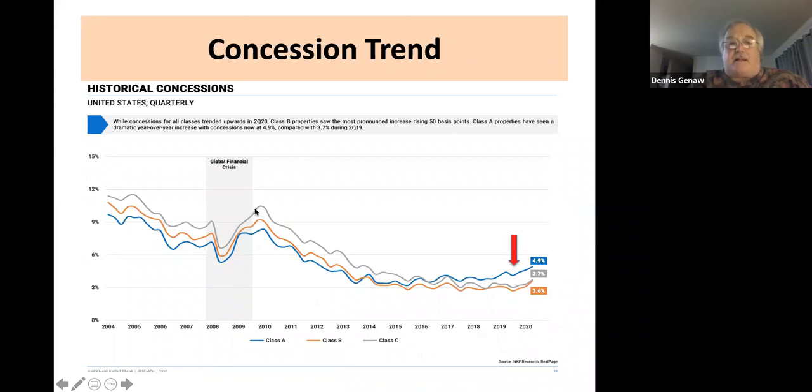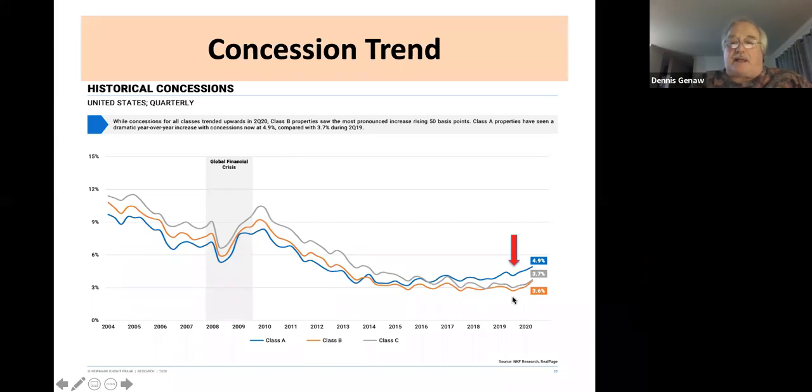And we've seen concessions in the past have been higher. If you go back to the 2008 financial crisis, what they called the Great Recession, we saw concessions go from an average of about 6% up into double digits, 9%, and in some cases, up into 10 or 11%. We've seen a long decline in concessions over time because we've had one of the best runs in real estate we've ever seen, a very elongated real estate cycle.